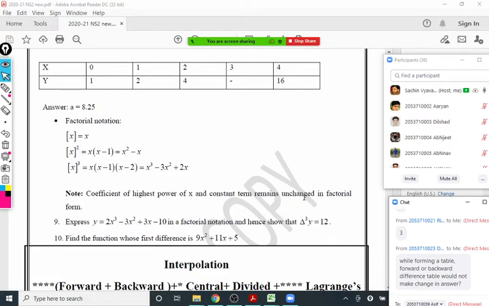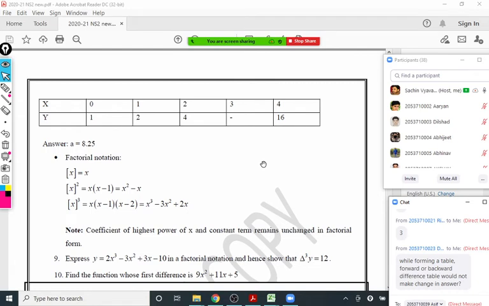So, any doubt here? Because one small article we left, and that we are going to start now. Before that, if you have any doubt there. Okay, no doubt, Pranit. Good.